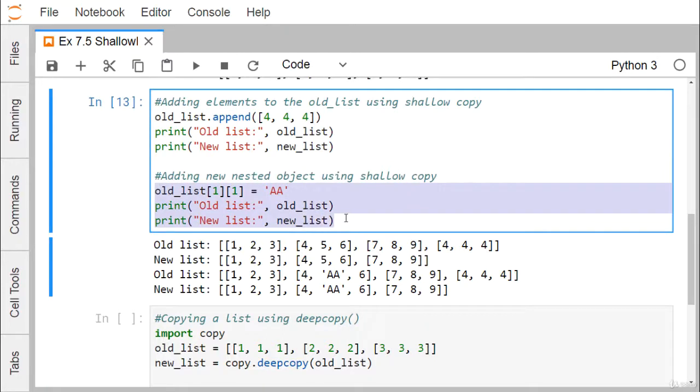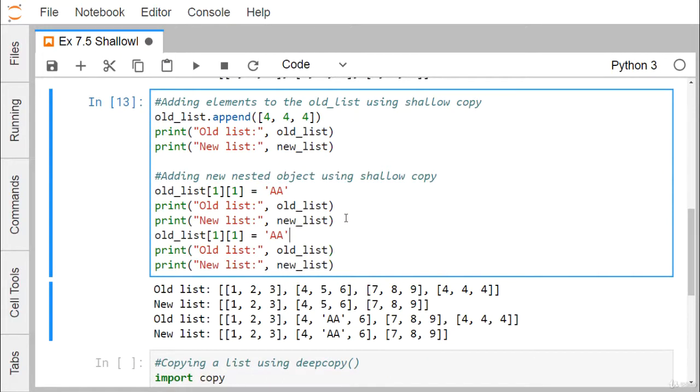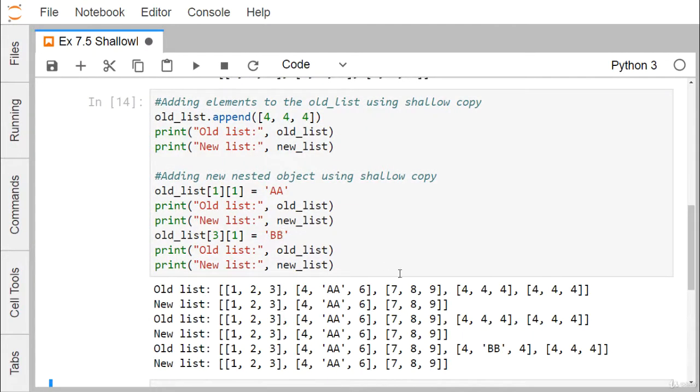I'm just copying this one to show you that if we do the update at this particular place, say 31 with the value say BB, then obviously if we print it, you can find that we're getting this BB here, but we're not getting this BB here. And here you see we are going for this append once again. So this value has got appended once again, but this BB has been updated in the old list, but it is not there in the new list, so no question of updation will take place.